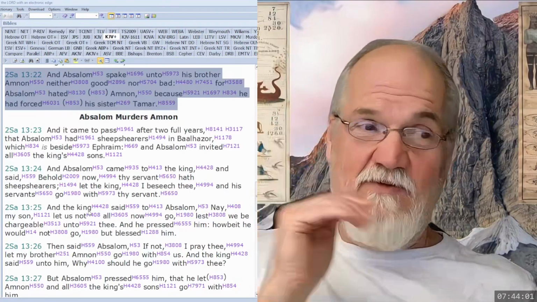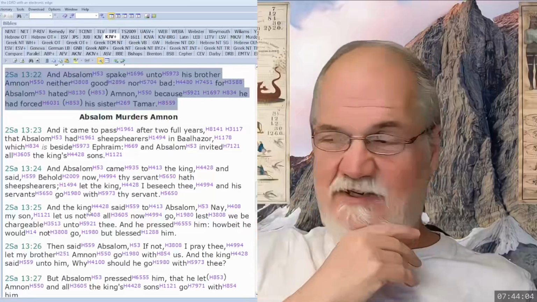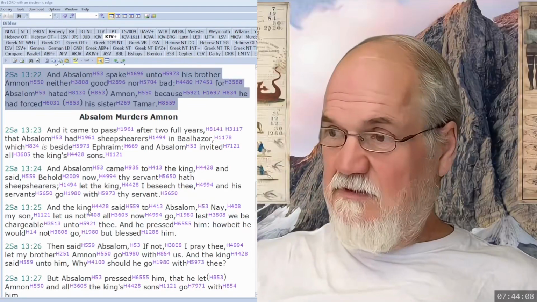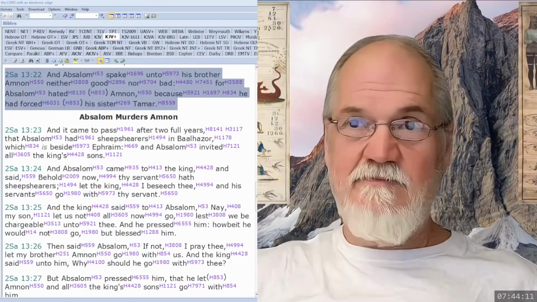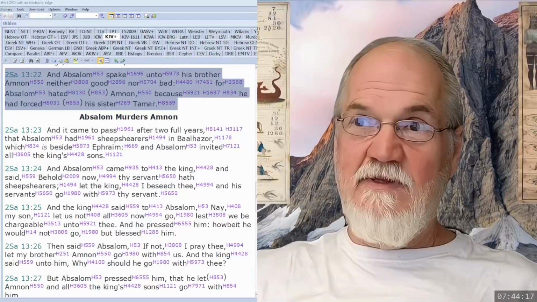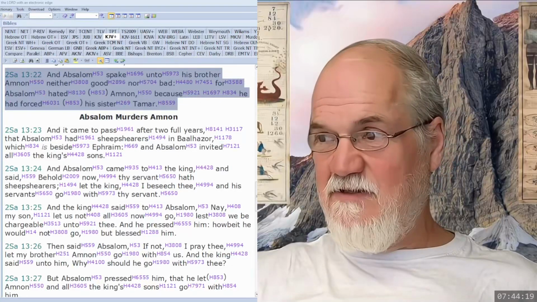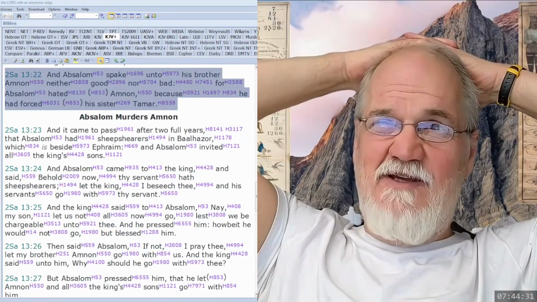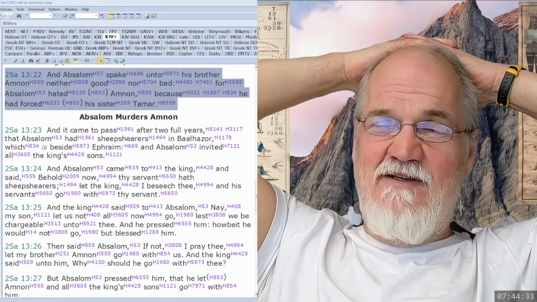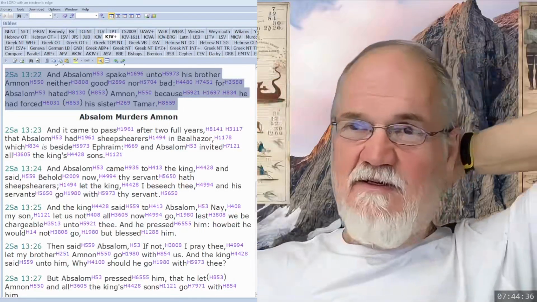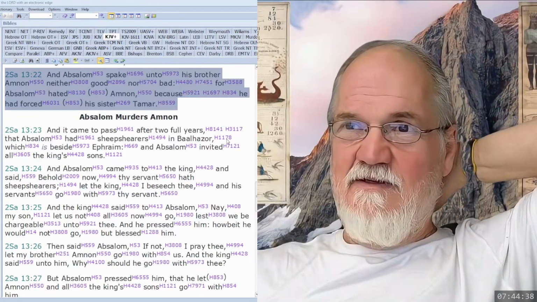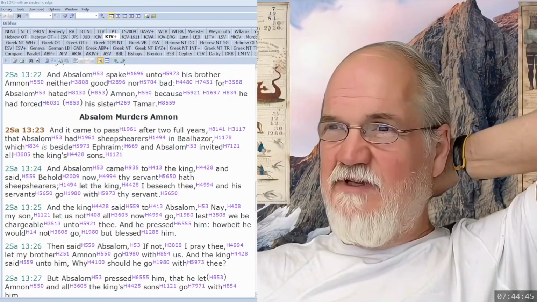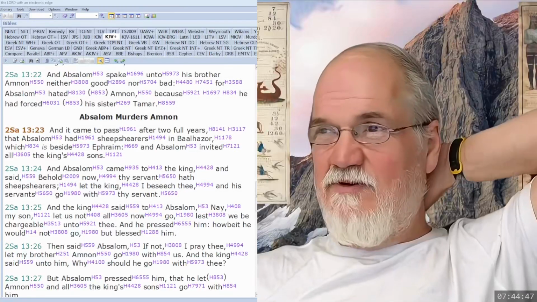So this is another story that we're going to look into, which would help us understand who Absalom is. But Baal Hazor, you look at the number of the name of that town, and you've got July 18th. It has the digits of July 18th in it, with one extra one. But this is Baal Hazor, which is beside Ephraim. Lord of the village. Hazor means village. Baal is Lord.